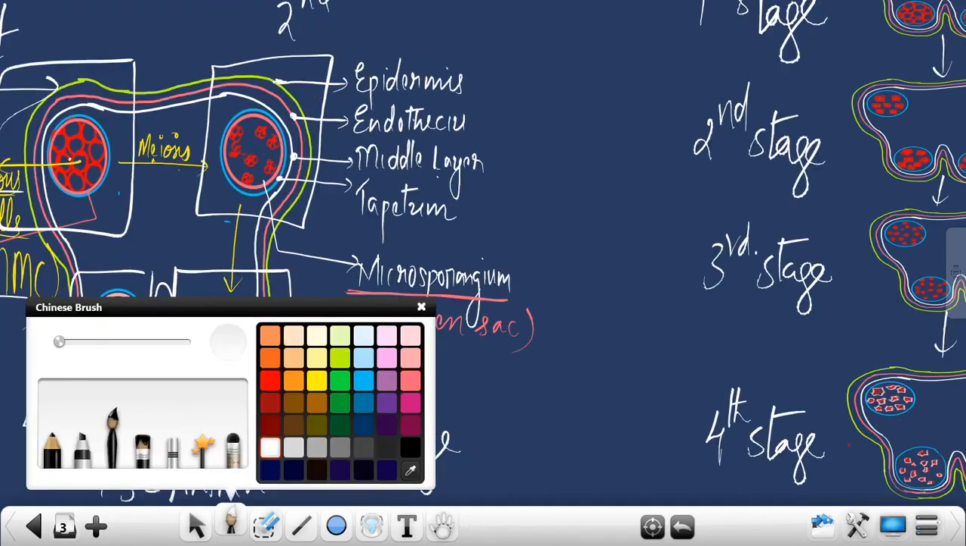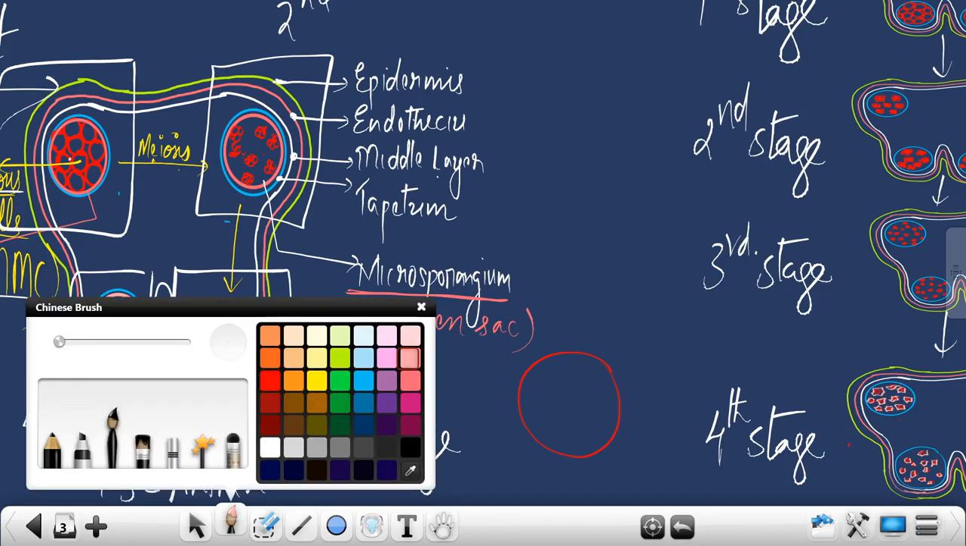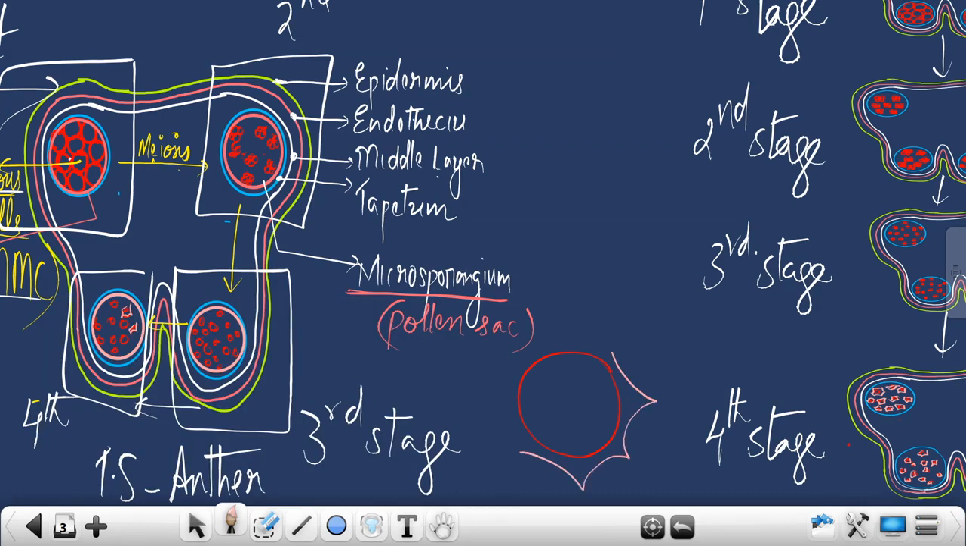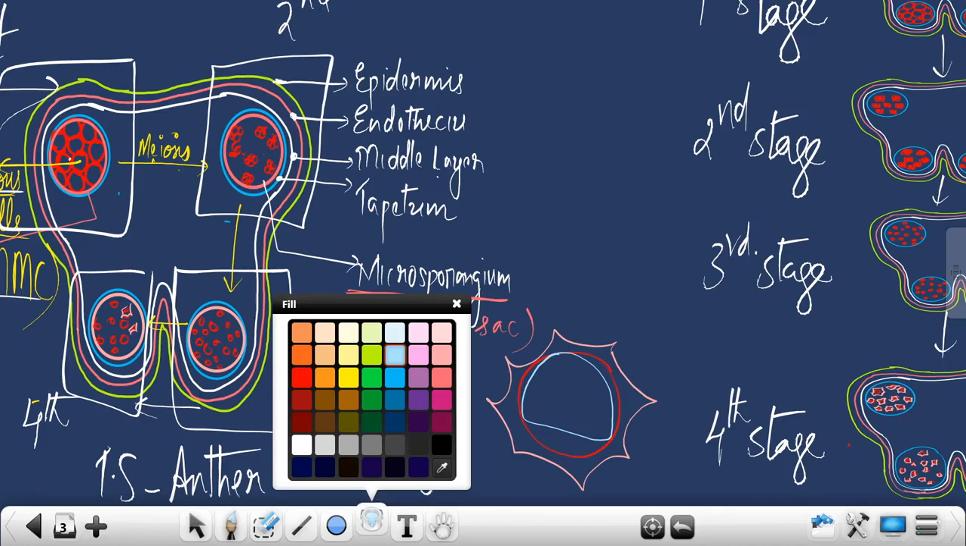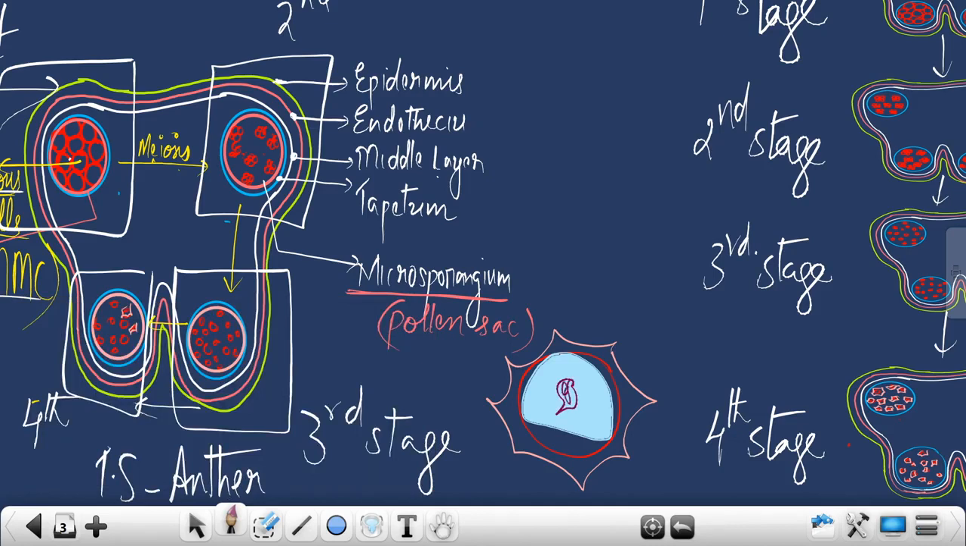The structure of a pollen grain. This is a pollen grain. It is circular in outline. It is surrounded by a layer called intine. Then outer to the intine, there's another layer called exine. And within the pollen grain, there are two cells, a vegetative cell and generative cell. The vegetative cell is very large and has an irregular shaped nucleus. And the generative cell is spindle shaped